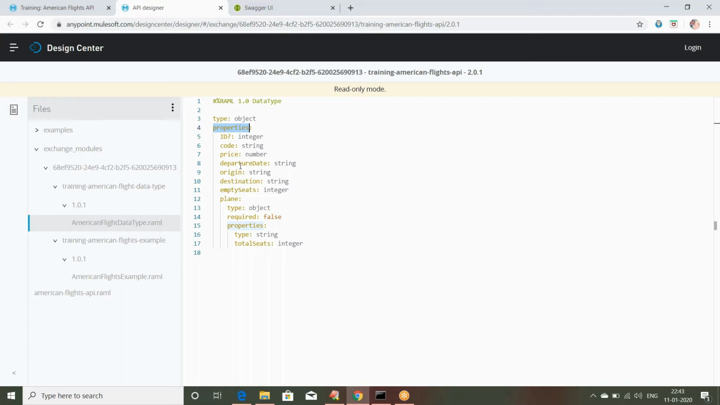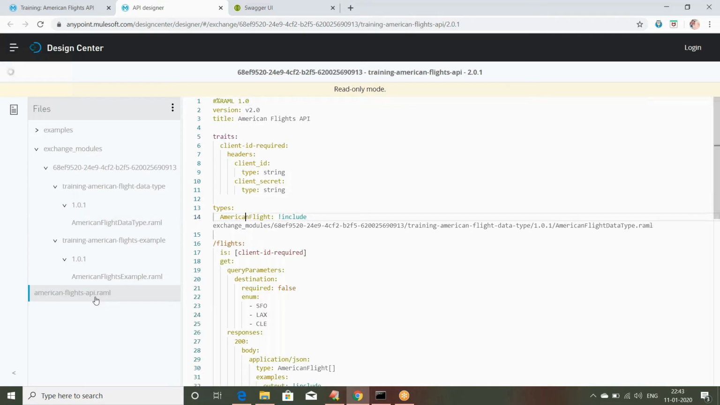We have departure date. Again, within the object we have one more object called plane. Inside this I mentioned the properties. Now there is a question mark used for ID, which signifies that this ID is not mandatory. If you provide it, it would be good. If you don't provide it, the service will take care of it, right? That's why they have used the question mark. Now I will go back